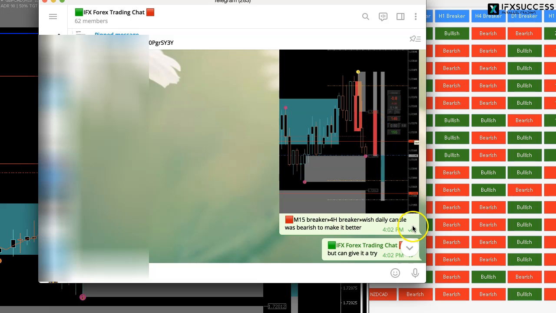And I did say if the daily candle was bearish, I would have liked that entry much better, because to me it's very important to know that if I'm going with the daily candle, it's a much stronger entry. So I entered and the market went down